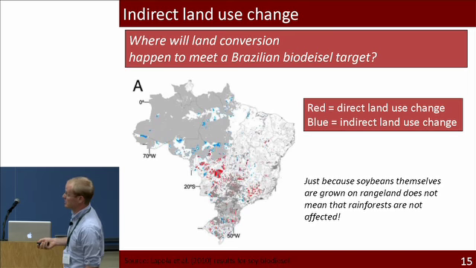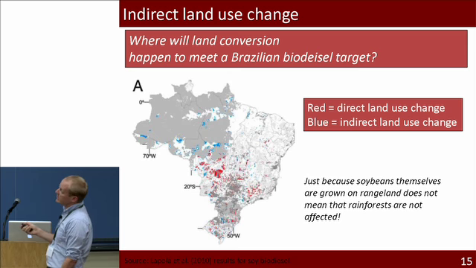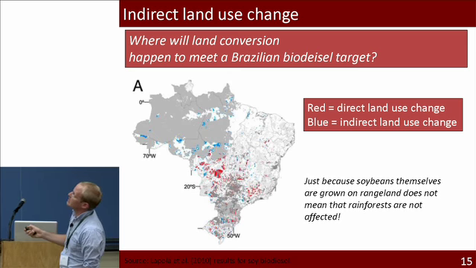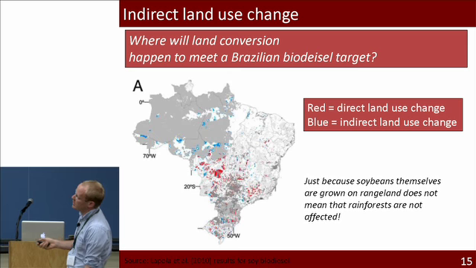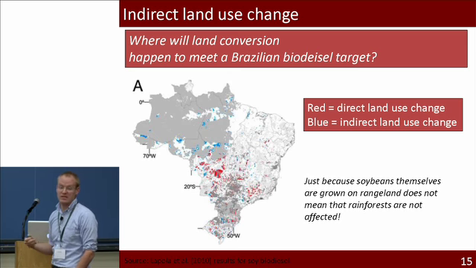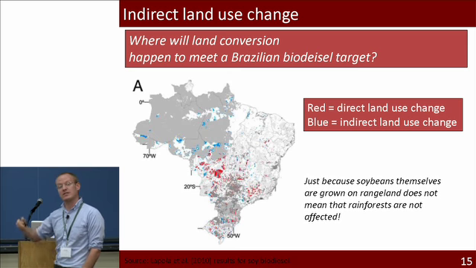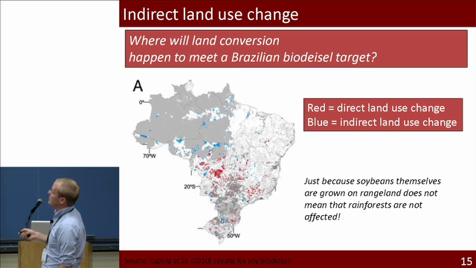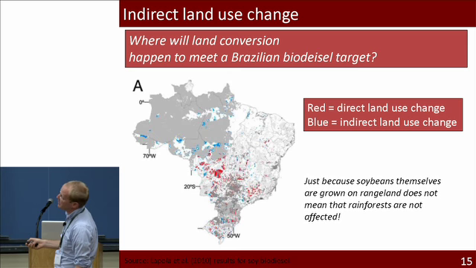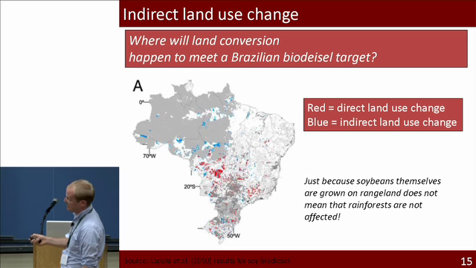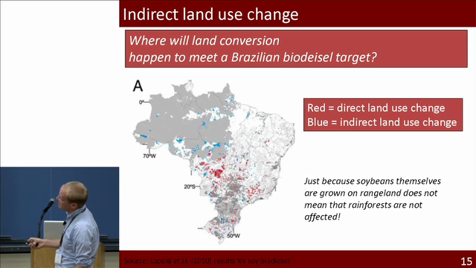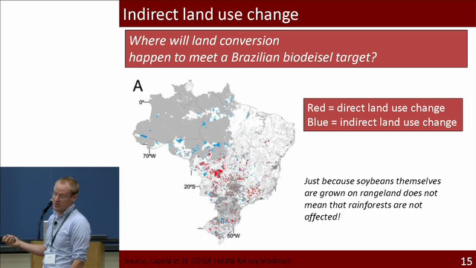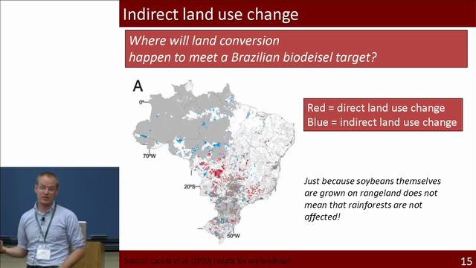Here's an example of some results from a model. This paper from 2010 asks, where would land conversion occur if the Brazilian government instituted a biodiesel target? Say we have to have a certain amount of biodiesel for our vehicles. This is the case that they ran for soybeans. Okay, and they found that soybeans were planted in this region in Brazil. This is the Amazon rainforest. Soybeans were planted here. This is where the direct soybeans would be planted, so not much destruction of the rainforest